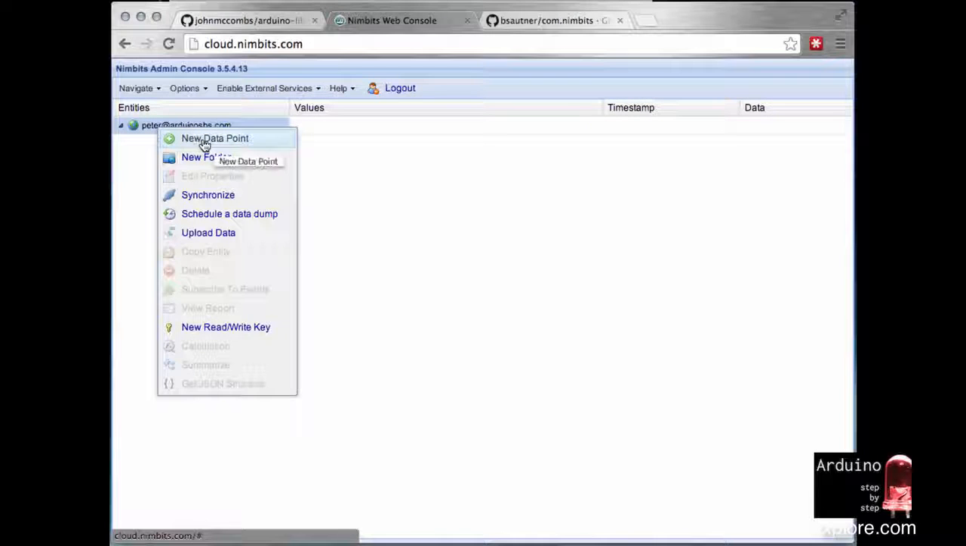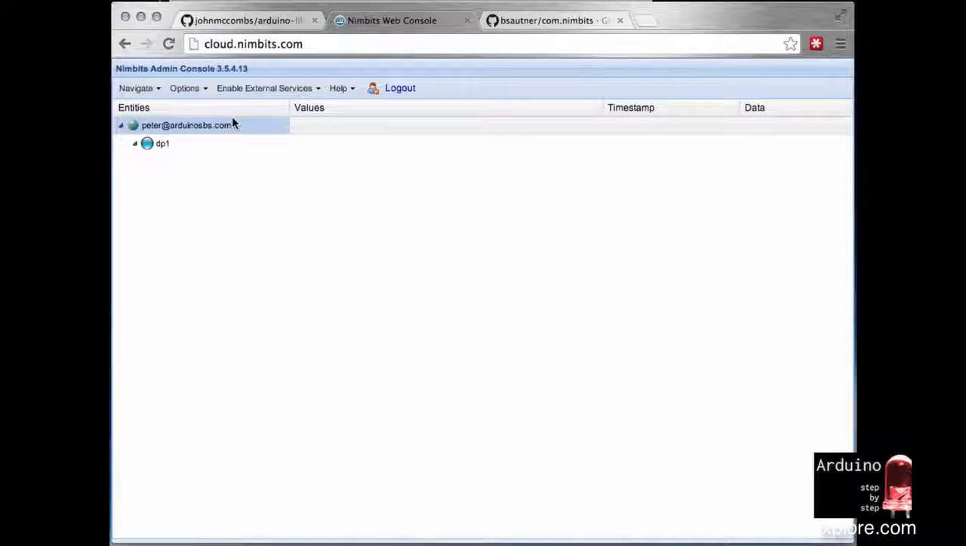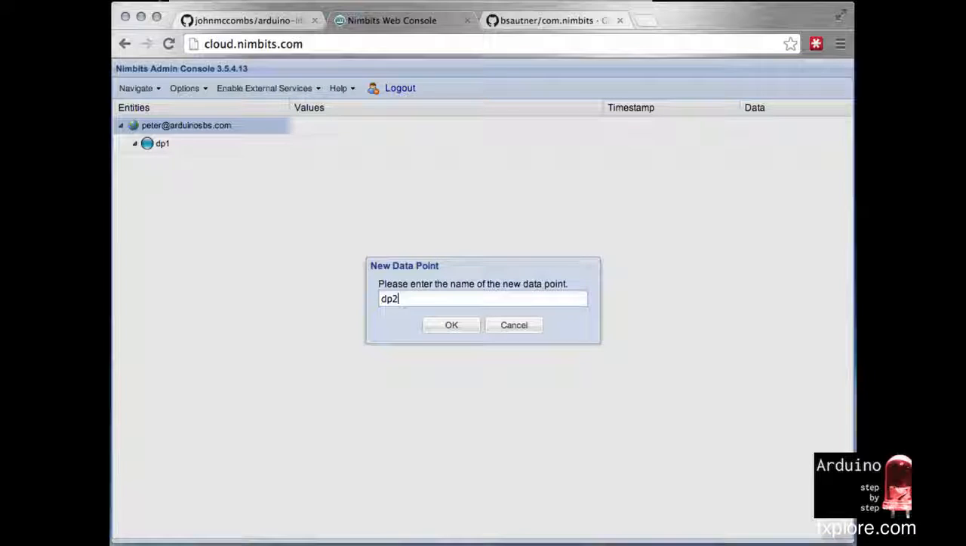So the first thing I've got to do is to create data points. One sensor will be sending its data to a single data point. If I have two sensors that I want to record from, then I'll have to create two data points on Nimbits, and so on. To create a data point, I select my account email address, right click on it and select new data point. I'll give it a name. I call it DP1 for data point 1. I'll create another one, call it DP2